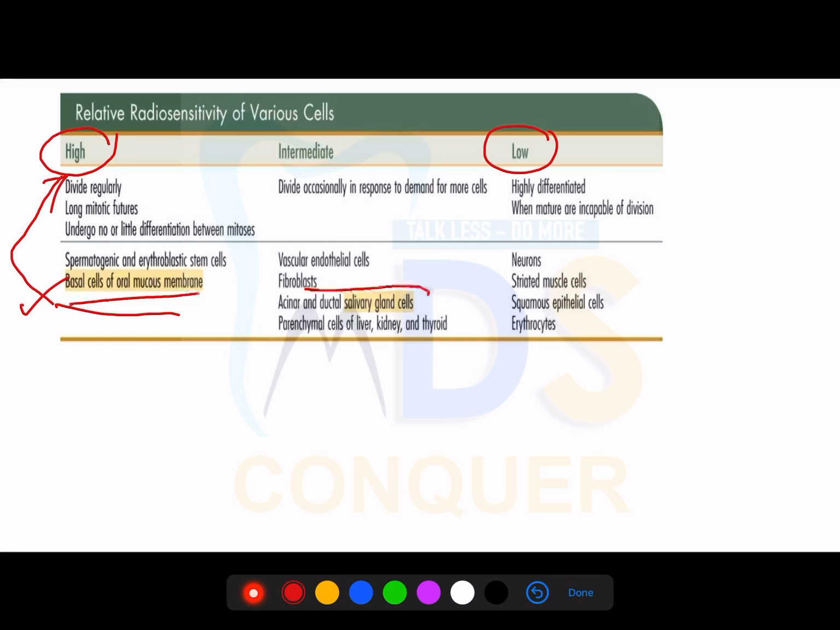Okay, and one more important thing for us is acinar and ductal salivary gland cells. Okay, acinar and ductal salivary gland cells come under the intermediate radiosensitivity. And erythrocytes, which is one important thing, come under the low radiosensitivity. Okay,